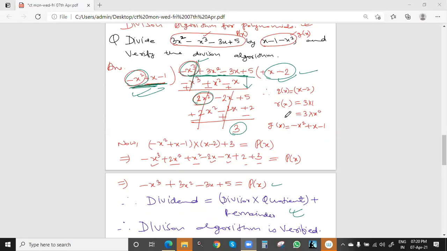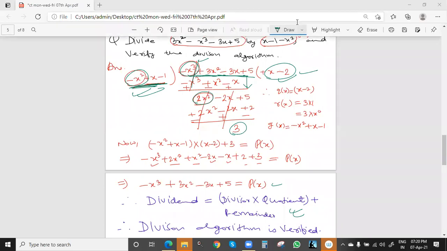Okay, Sarah, for you, I will explain once again. So what is the basic method here? For normal division we do, and we are getting these values: this x minus 2 as the quotient, 3 as the remainder, and this was the divisor. So verifying the division algorithm is basically verifying this rule which we have studied in our junior classes, that is dividend should be equal to divisor into quotient plus remainder. Same thing we have done here.